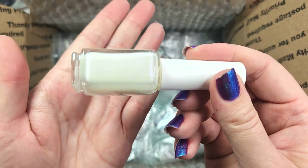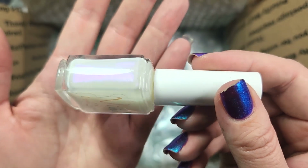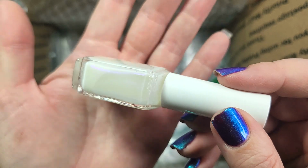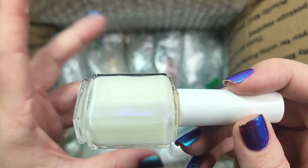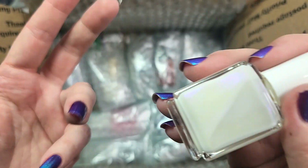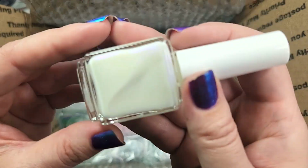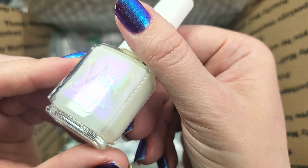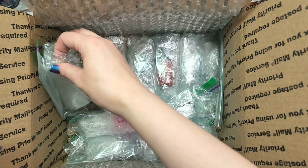This could look like opals on the nail, which I don't know if I've mentioned some of my favorite gemstones or not, but opal is one of my favorite gemstones. Basically anything that is shimmery and glittery and shifts colors. So opals, labradorite, moonstone, all of those that shift. Yeah, that could look gorgeous. And another new to me brand. Next up,